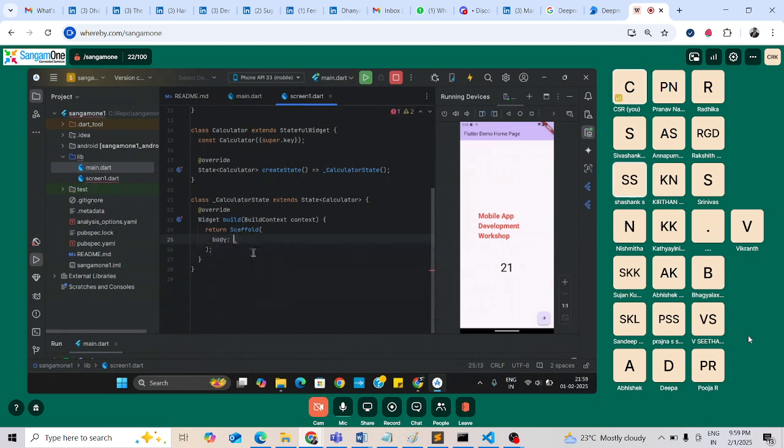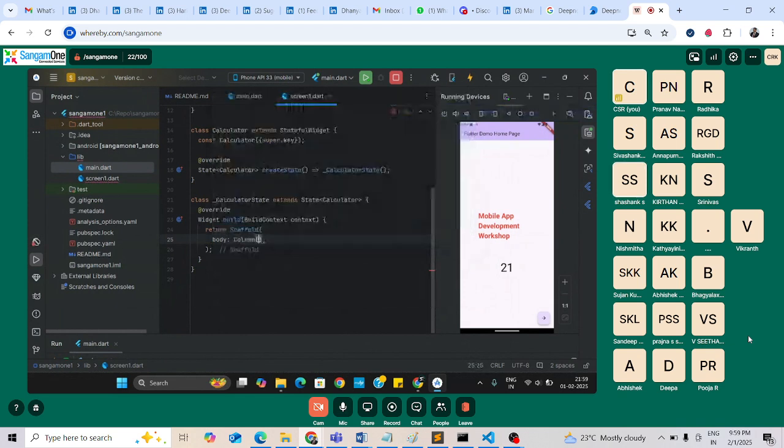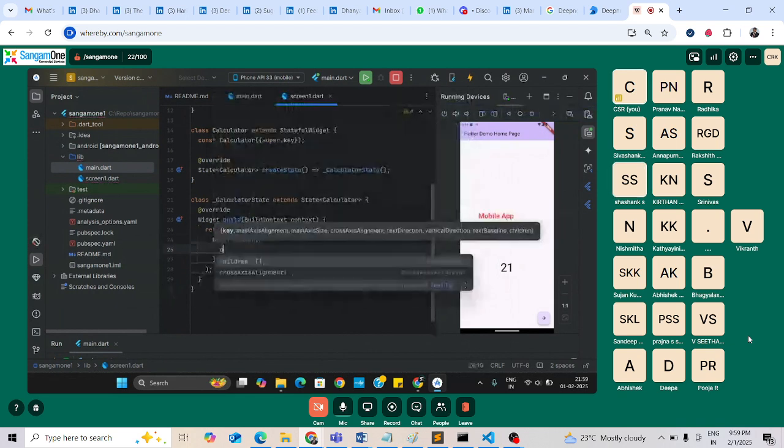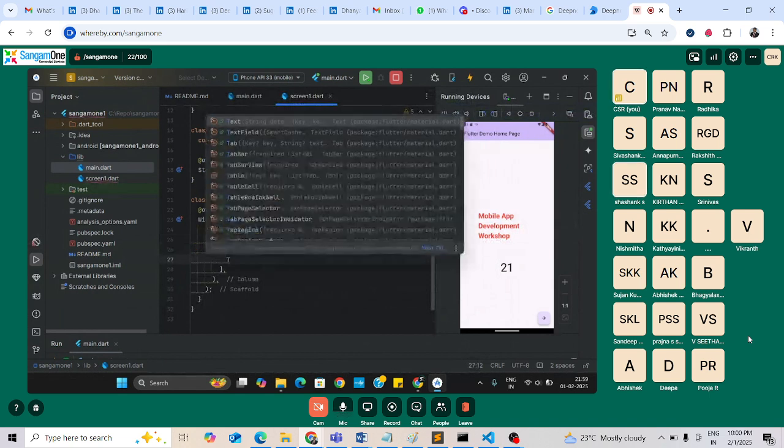Yes. In the body we need to enter two numbers, right? So he's going to put a widget called column. In that column he is going to write some elements. One of the elements he's going to write is called a